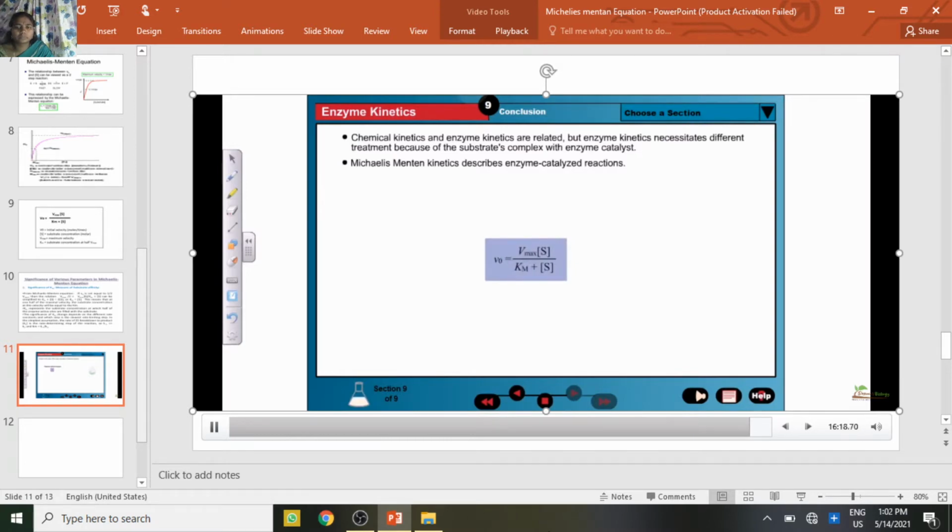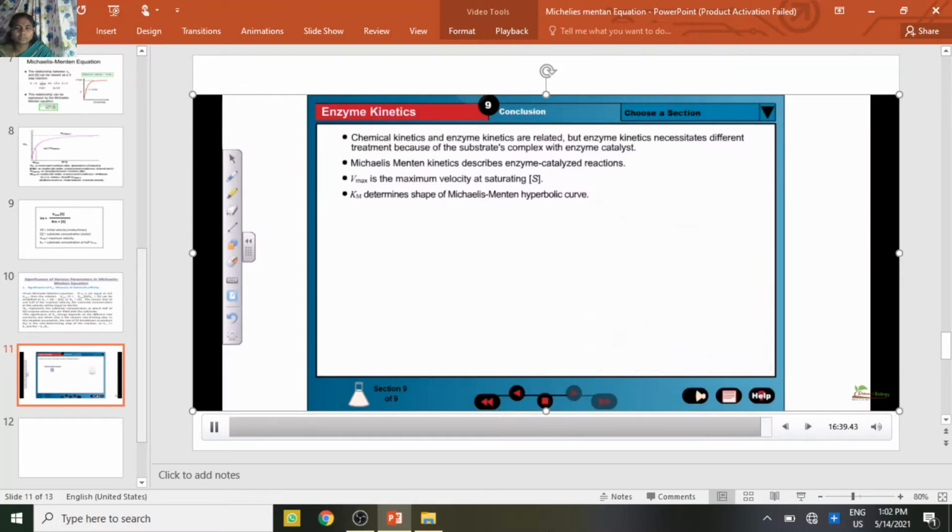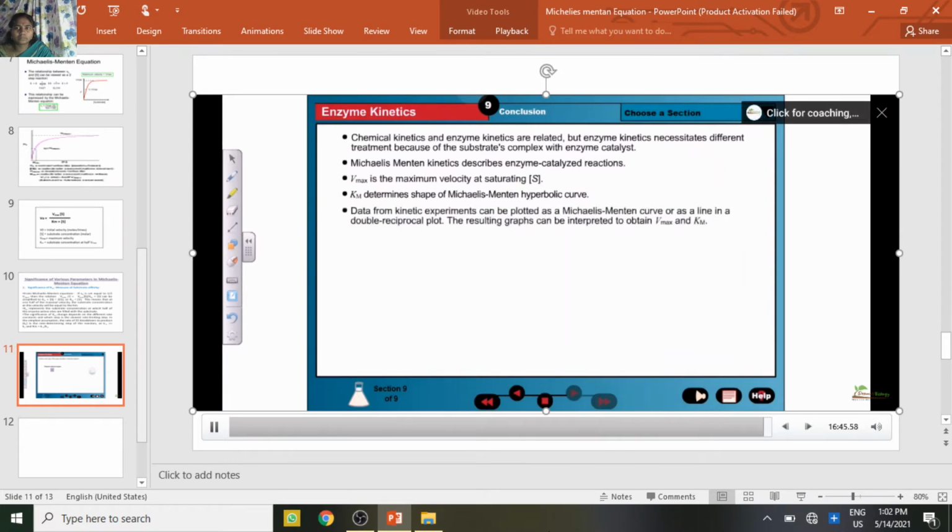Two important kinetic parameters are Vmax and Km. Vmax is the maximal velocity of an enzyme-catalyzed reaction at saturating substrate concentration. Km is loosely related to substrate affinity, but a more correct description is that it determines the shape of the Michaelis-Menten hyperbolic curve. Kinetic experiments can quantify how the rate of an enzyme-catalyzed reaction changes with the concentration of